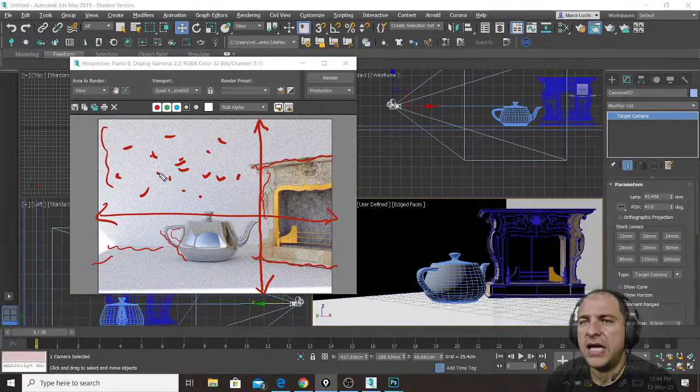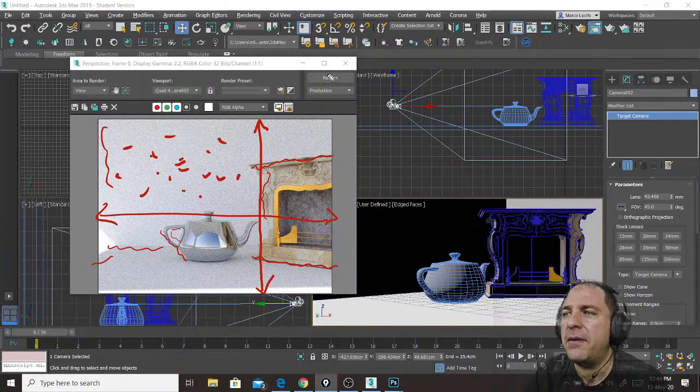Wait a second. Let me finish this, then I will answer your question. But just by fixing 3 render parameters. Look,